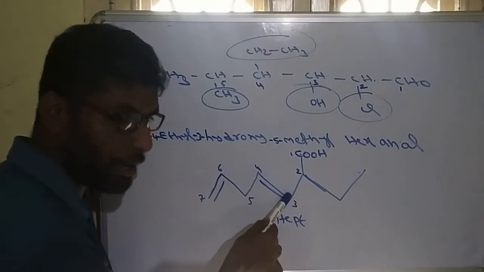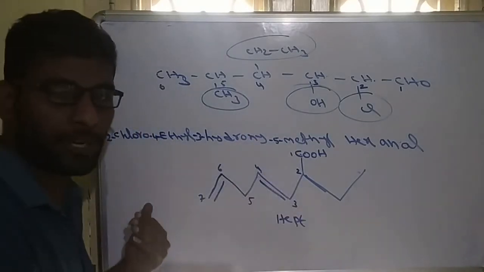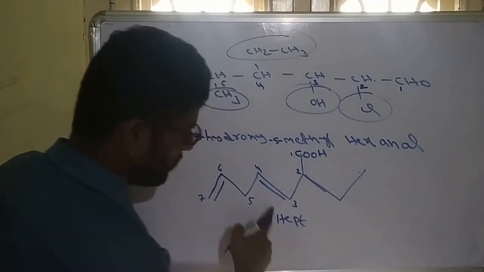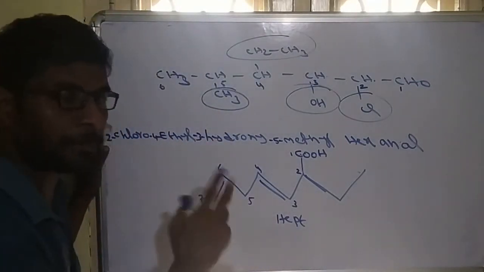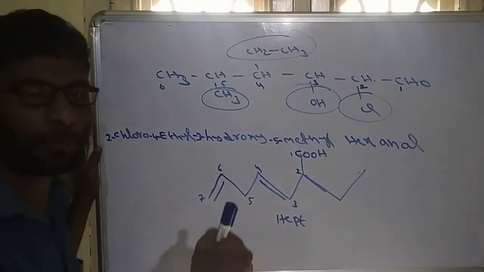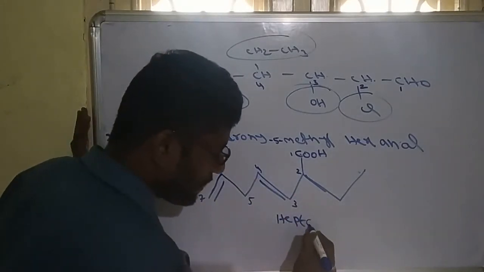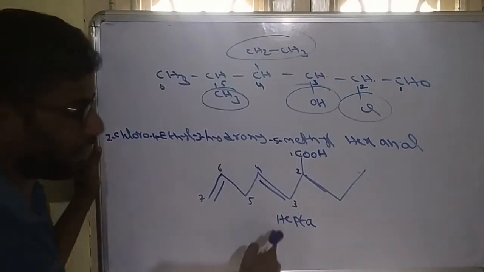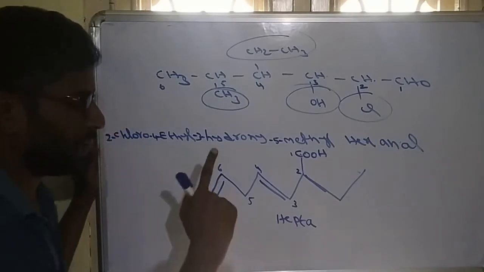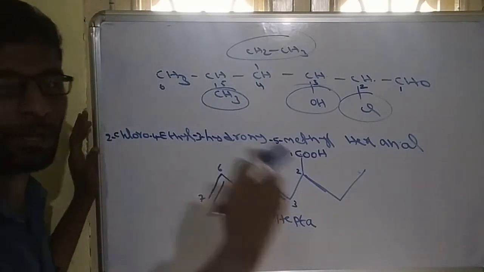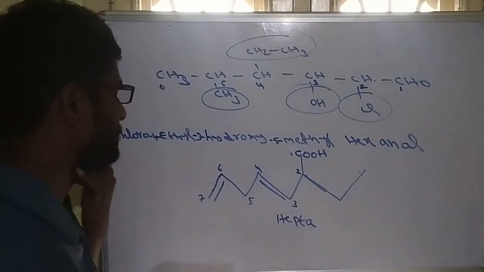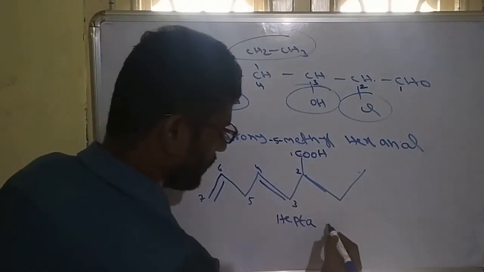So 7 carbon means root word will be hept, and primary suffix between carbon and carbon double bond. Also a single bond is there. So single and double both are present. So we neglect single, we type double. So this will be ene. This is also a double bond, this is also a double bond. 2 double bonds are there. Whenever 2 or more double bonds or triple bonds are present, root word suffix is added by a. This will become hepta, not hept. Penta is there, penta. Whenever 2 or more double bonds or triple bonds are present, we always write hexa, hepta, penta like this. And 2 double bonds are there, so we write